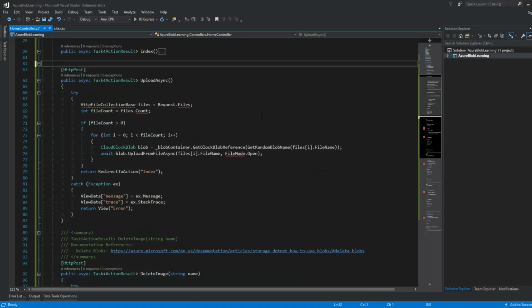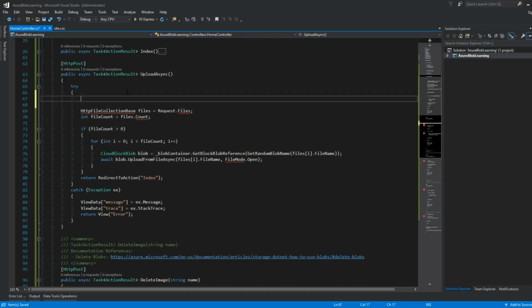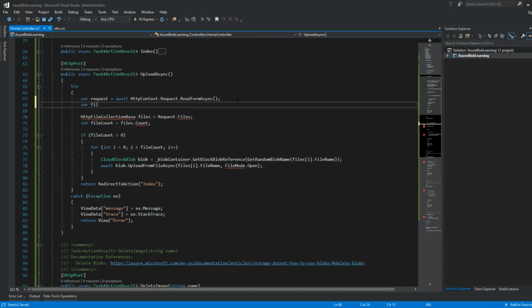So once again, I'm just going to clean these up because they don't really have much meaning in them. If you want to add your own, feel free to. We're going to change this now. All right, so in the old MVC framework, we had these classes. Unfortunately, they no longer exist. So what we're going to do is create our new one. So request equals await, and we're going to go HttpContext, and look at the request object, and we're going to read from form because we're going to use a form to post to do the uploading. All right, and then we're going to grab the files,